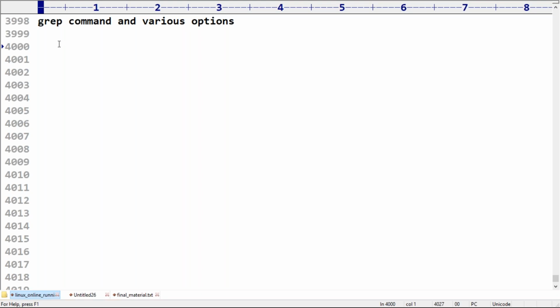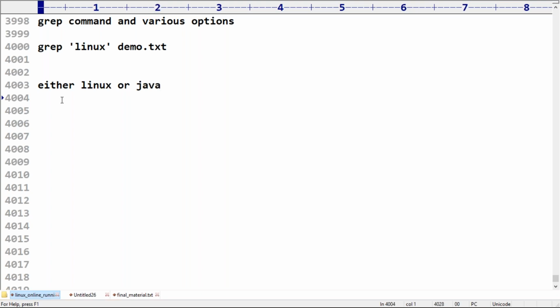Earlier I used multiple options, but I searched for only one word, Linux, inside demo.txt. What was your pattern? You searched for the word Linux. But now my requirement is that I want to search for either the Linux word or the Java word.